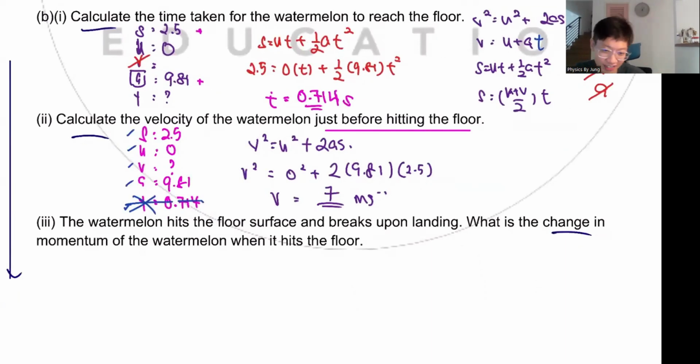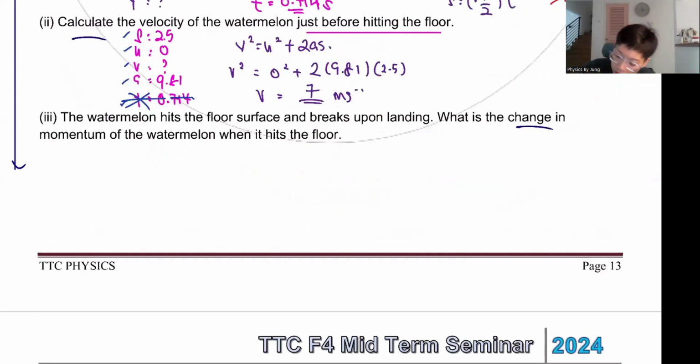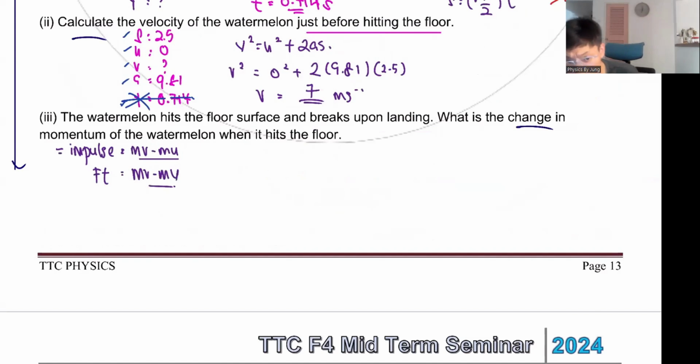Yeah, last question for today. As promised, last question for today. Okay. So what is the change in momentum? Now, banyak orang tak tahu, tetapi change in momentum actually means you're supposed to calculate your impulse, which is actually your mv minus mu, which is your Ft equals mv minus mu. Now, you don't have to panic. You just have to know, okay, if I want to calculate this, why is this momentum? Why is it change in momentum? Because you take mass times velocity.